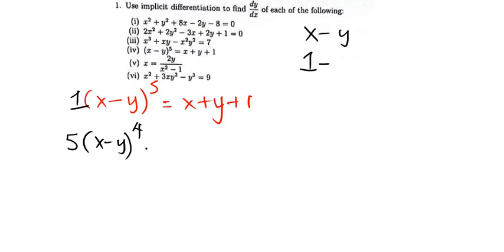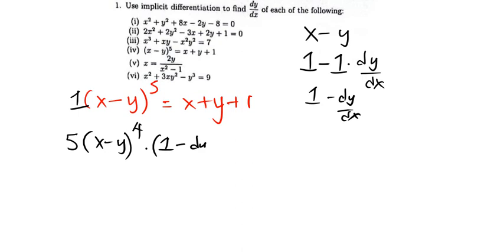Derivative of negative y is negative 1. But when you differentiate y with respect to x, you add dy/dx. So that just becomes 1 minus dy/dx. So I'll multiply by that 1 minus dy/dx